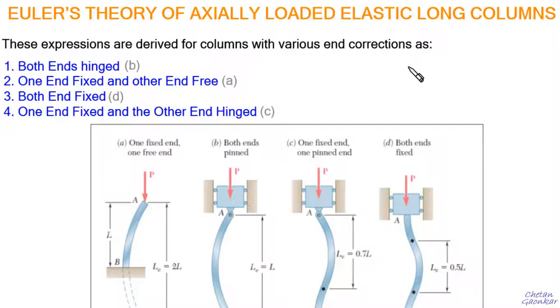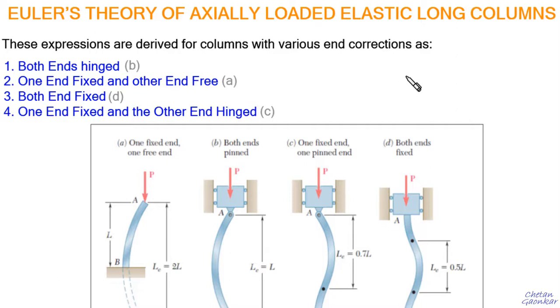We have been studying struts and columns, and we have already seen the two cases wherein these columns can fail. One is under crushing load, and the other is when the columns are subjected to eccentric load. Now we have started discussing these long columns which may fail under buckling, right? And in the last video we also saw the stability of these columns. We obtained the expression when we simplified these columns with the help of two rigid members and a spring